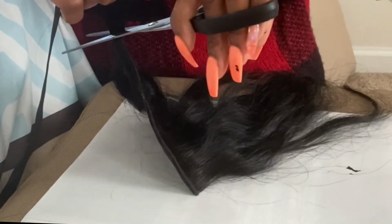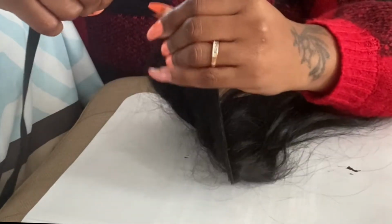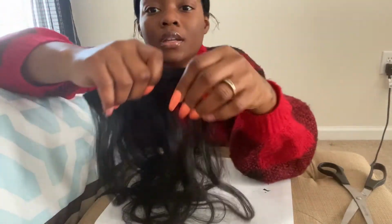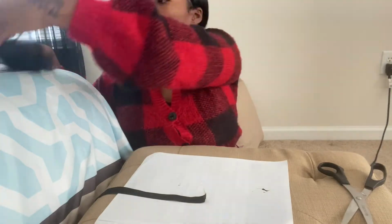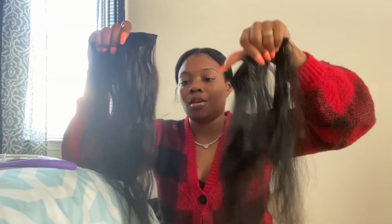Now what I'm gonna do is take my scissors and just cut where the hair ends. And then you're gonna have one side with the ribbon and the other side with the track, okay? Now I'm gonna go ahead and do the other one a while, and then we'll move on to the next. All right, guys, now that I have both of my tracks laid on the ribbon,